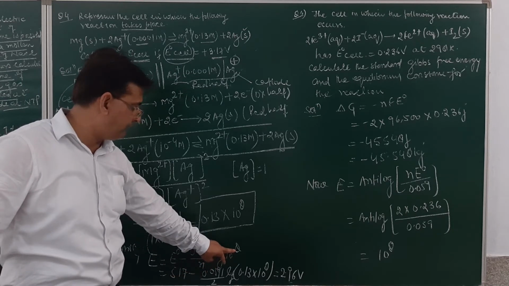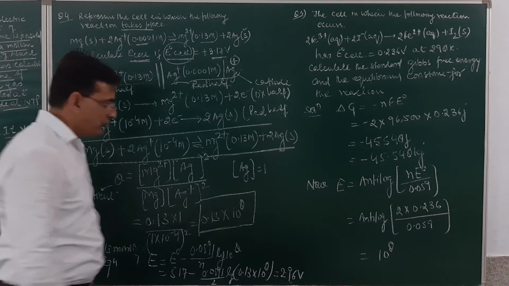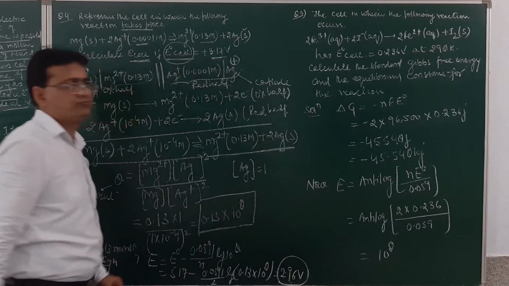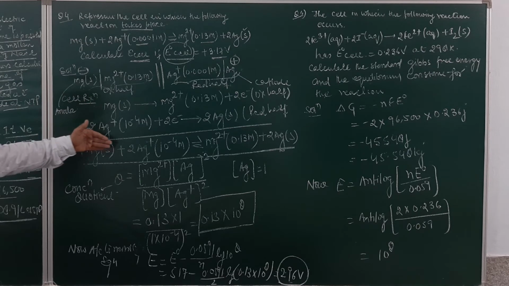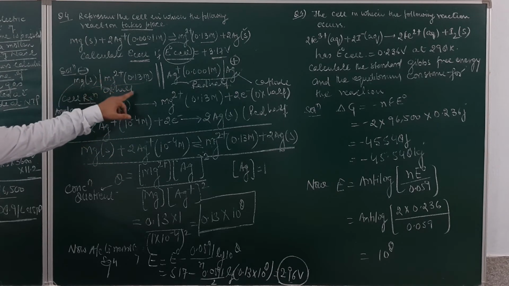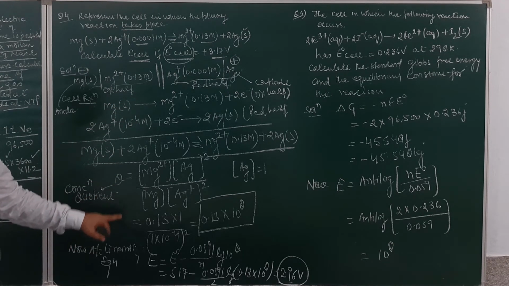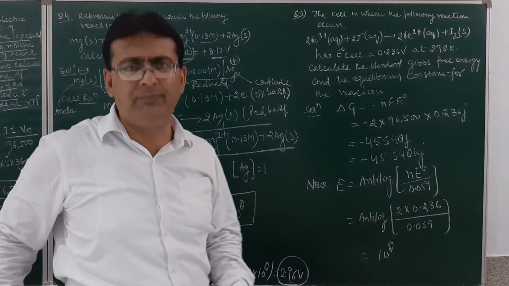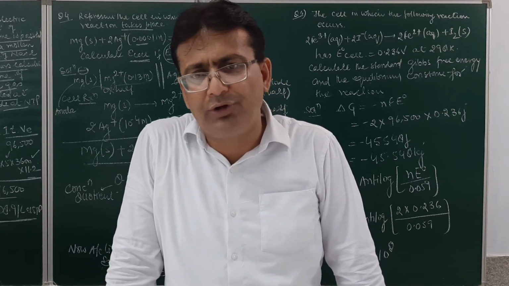upon n log base 10, 0.13 into 10 raised to power 8. And on solving this, you will get an answer of 2.96 volt. Am I clear? So remember, the question can be on writing the oxidation half and reduction half and the redox reaction. The question can be on representation of a cell. The question can be that if the concentration is given, then we have to find the EMF of the cell. Sometimes the concentrations are not given, only the oxidation potential and the reduction potential are given. In that case, the EMF of the cell will be equal to E naught oxidation plus E naught reduction.